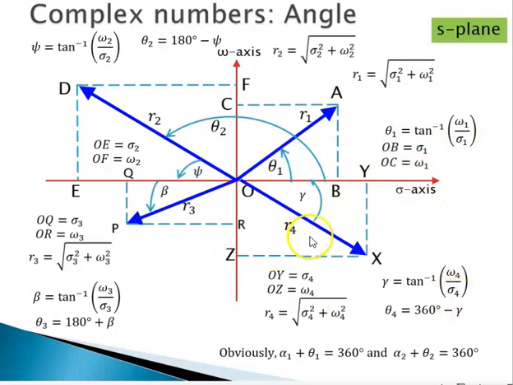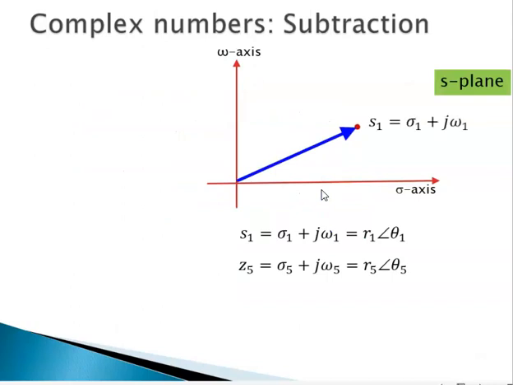Next, we'll see how to subtract and add complex numbers in algebraic form, that is the form given here, real part plus j times omega part. You can simply sum up the real parts and sum up the imaginary parts, but it's a good idea to see how we do it geometrically. Let's say this is one complex number, sigma 1 plus j omega 1, represented as a vector, and let us say there is another vector